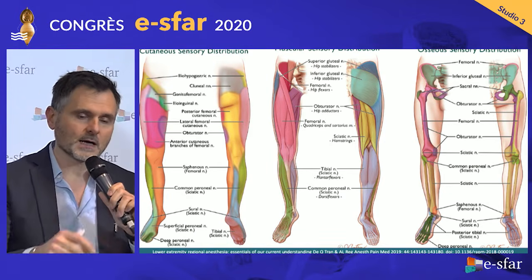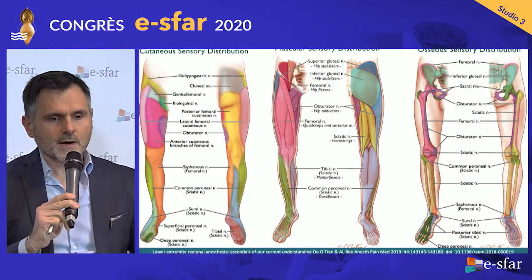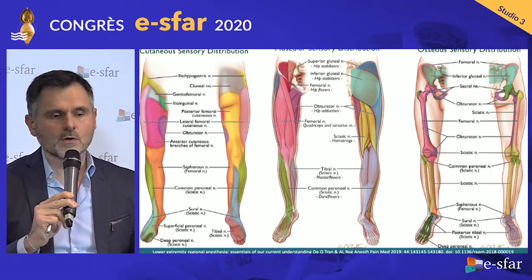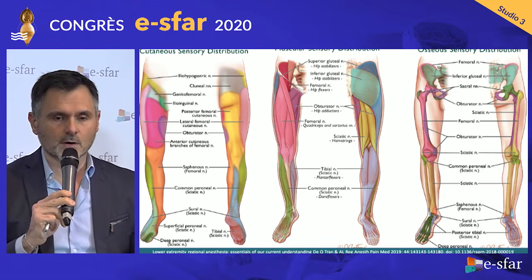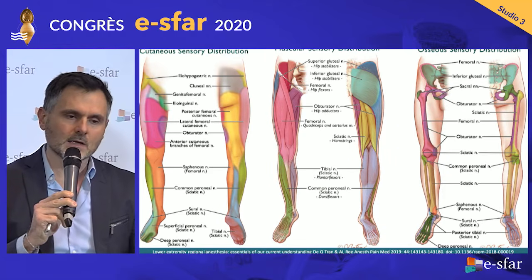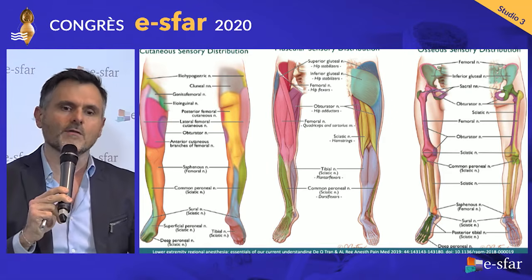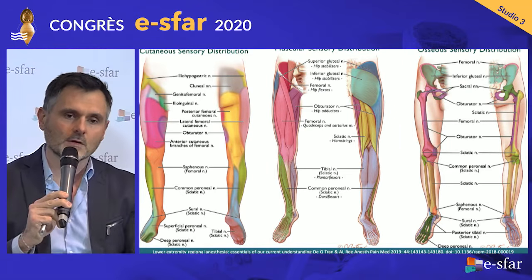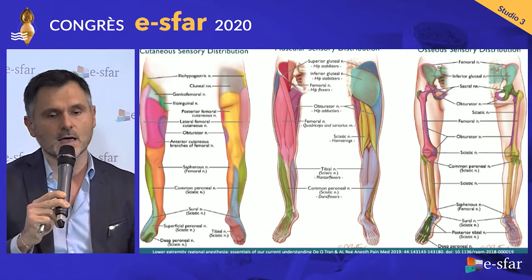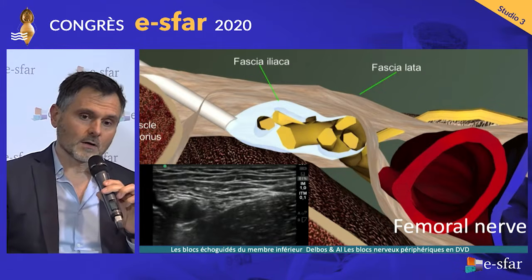It's the anterior side. For the obturator nerve, the skin area is very small, on the medial side of the thigh. It innervates the adductor muscles of the hip. And for bone, the area innervated by the obturator nerve is the medial side of the femur from the head to the knee. It innervates 1 out of 3 parts of the head and the neck of the femur.